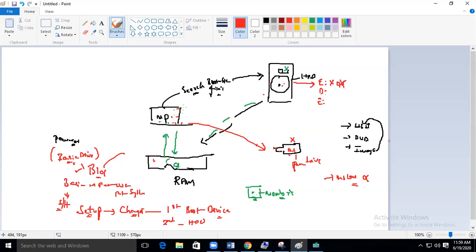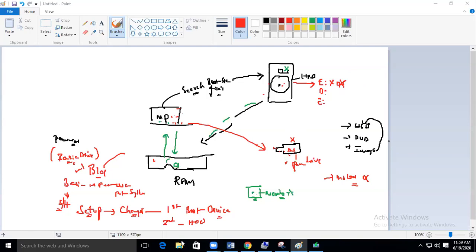And how are this microprocessor and hard disk working, how are they able to do that? Because they have taken the support of the pen drive. That is why you are able to work. If the pen drive also does not have an operating system, you cannot delete the operating system. When can you delete the operating system? When you have the OS in the pen drive, only then can you delete the C drive.